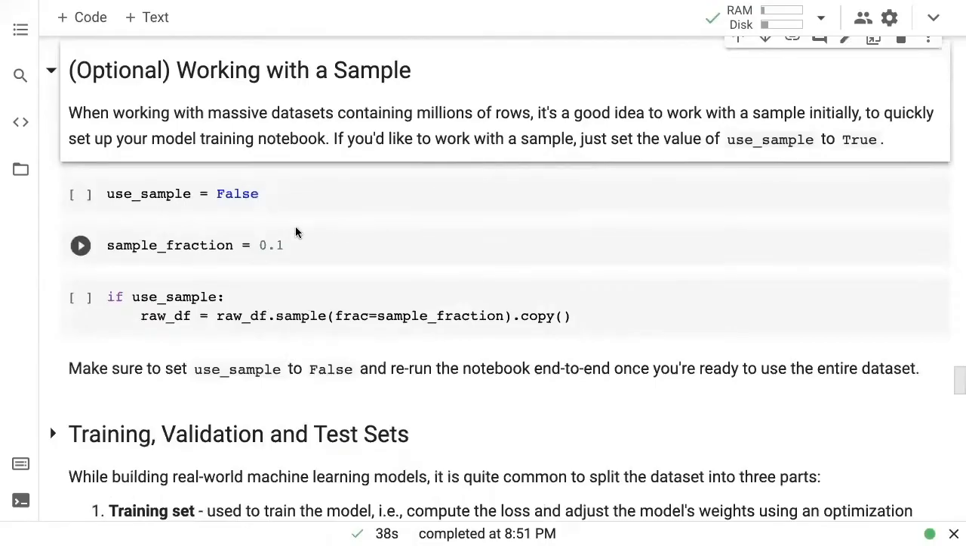All right. Now, there is one other optional step that I would like to suggest when you're working with massive datasets where you have millions of rows. We don't have it right now. We have 100,000 rows. That's fairly small, relatively speaking. But if you have millions of rows or tens of millions of rows, it's always a good idea to initially work with a sample. And by a sample, we mean a fraction, a randomly picked fraction. And this is so that you can quickly set up your model training notebook so that each line of code that you execute runs quickly and you're able to just try out many different ideas very quickly. So if you would like to work with a sample,